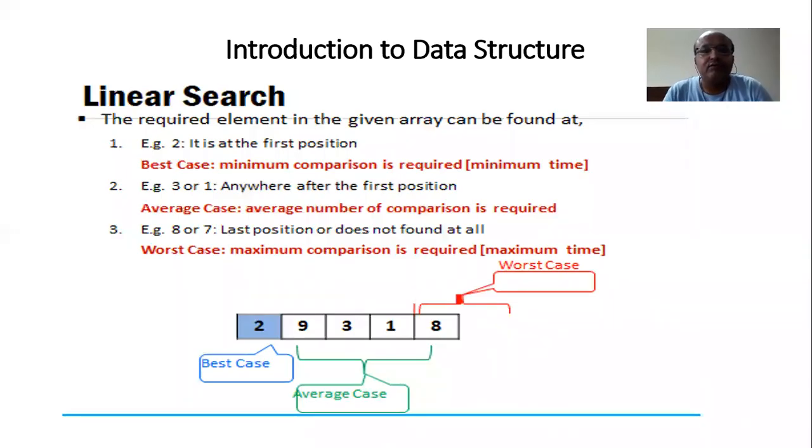Okay, now this is our fifth video on our chapter number 1, Introduction to Data Structure. In the lecture number 4 video, we discussed best case, worst case and average case analysis, correct? To understand these concepts, we took the example of searching, sequential search, which is also known as linear search.